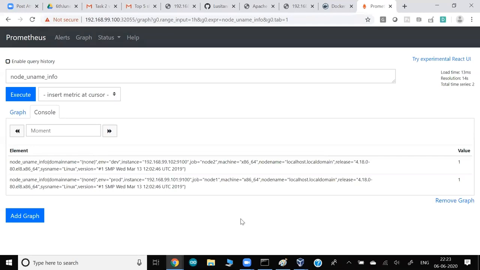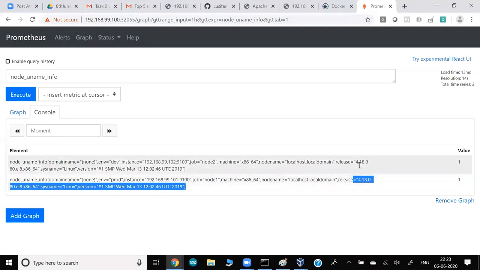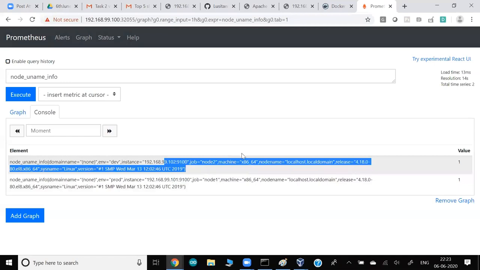Okay, but I want to see the total number of systems, where they have version 4, version 5, or version 2, or something like this. The version is managed by the release. So I want to see all the same releases. I will not count, for example, this release and this one separately if they are the same. So rather than show me 1 and 1 here, I just want to have only one single piece of information,